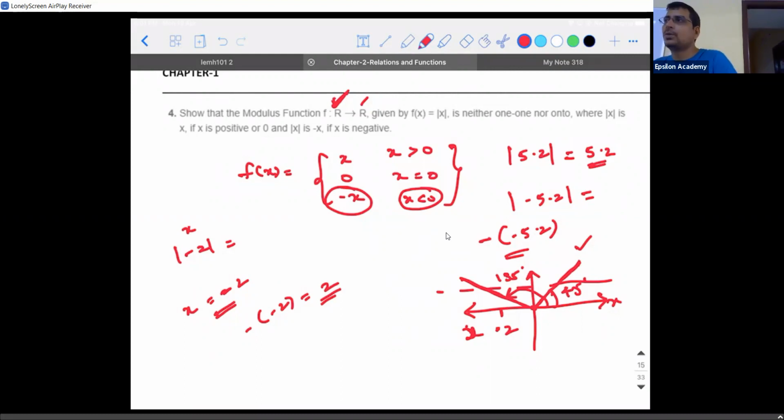For a modulus function, whether you give a negative value of x or a positive value of x, you're always going to get a positive value. Means in the y-axis, which side is not used? The negative y-axis is not used. Means the elements present in the negative y-axis, that is the codomain set, do not have pre-images. Hence, it is not an onto function. This whole region is empty. But to make it an onto function, what change can I do? The left hand side I will not disturb. The right hand side I will make as R plus. Then it will be an onto function.